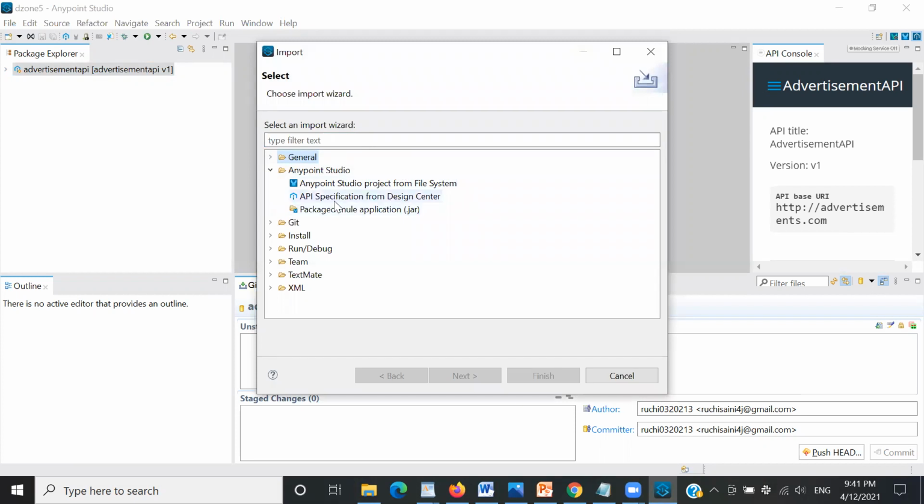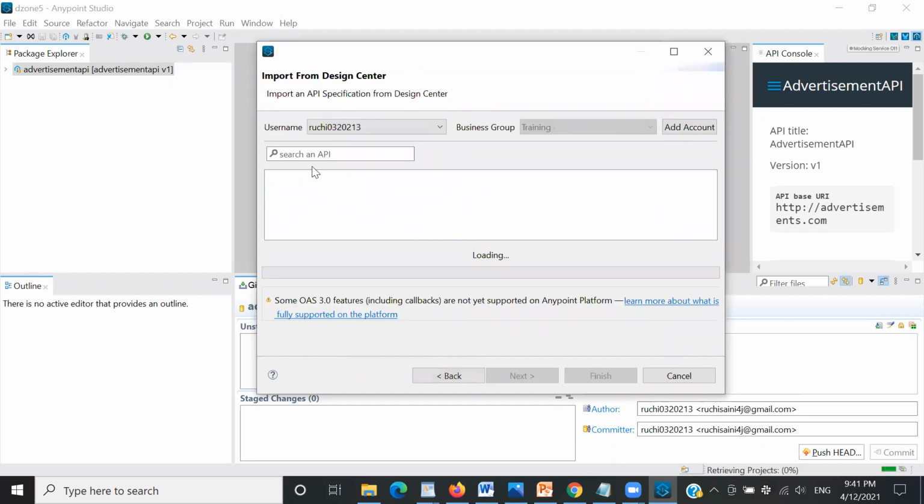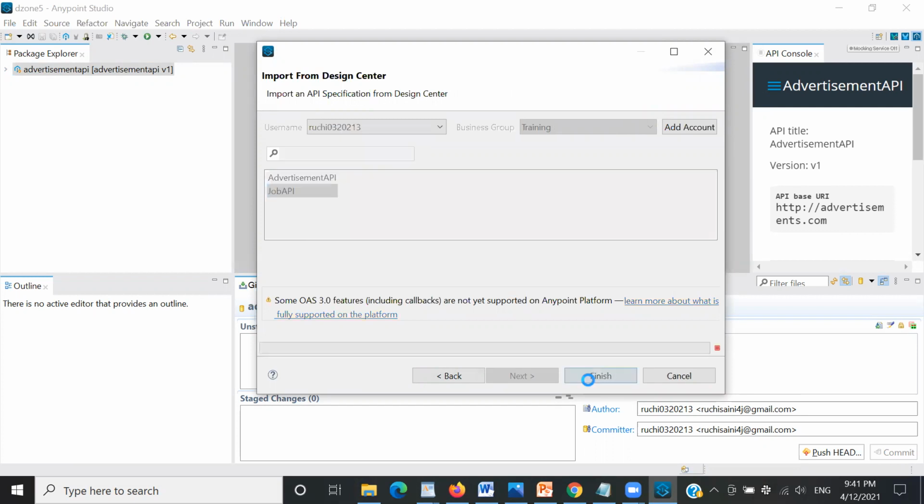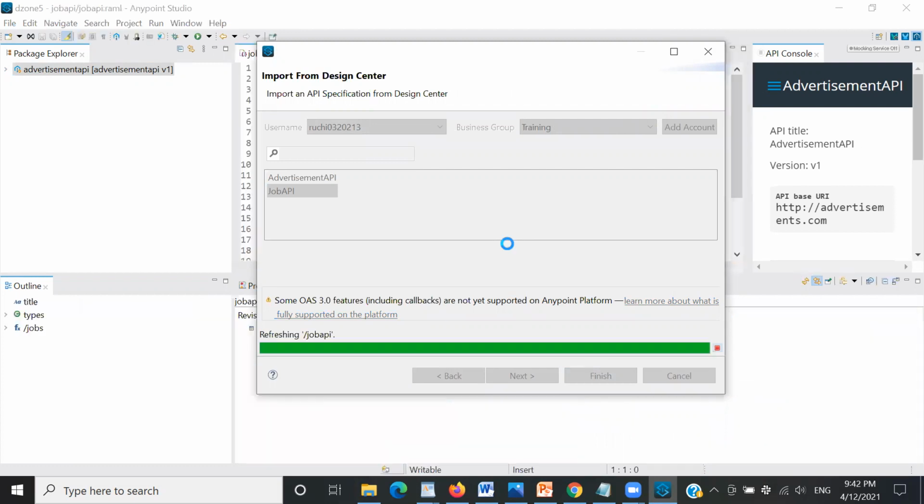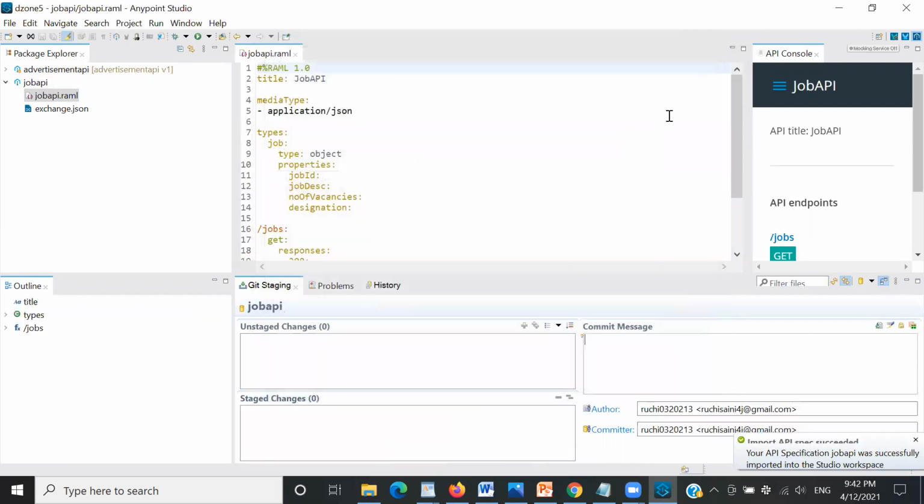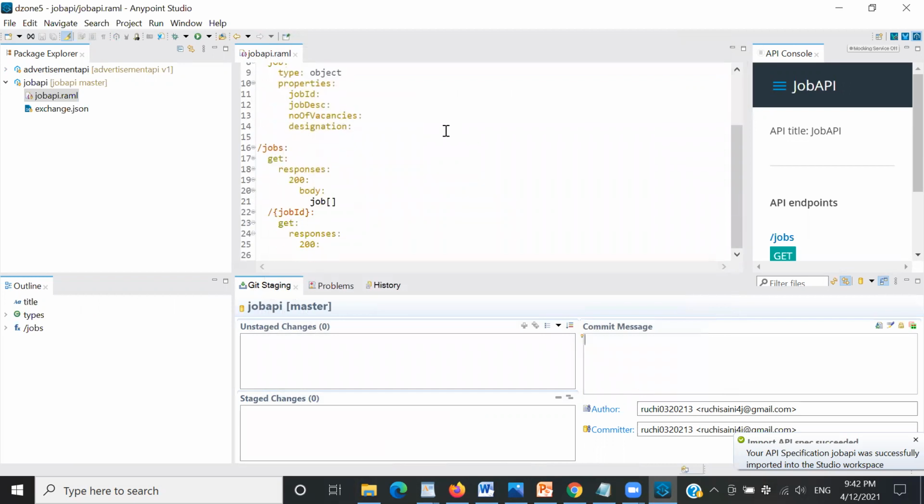I will click on API specification from Design Center, and then click on Next, and then it is going to show me all the APIs that are in the Design Center. I'll click on Job API and click on Finish. This is going to create an API specification project in my Anypoint Studio for the Job API. So I have the Job API over here